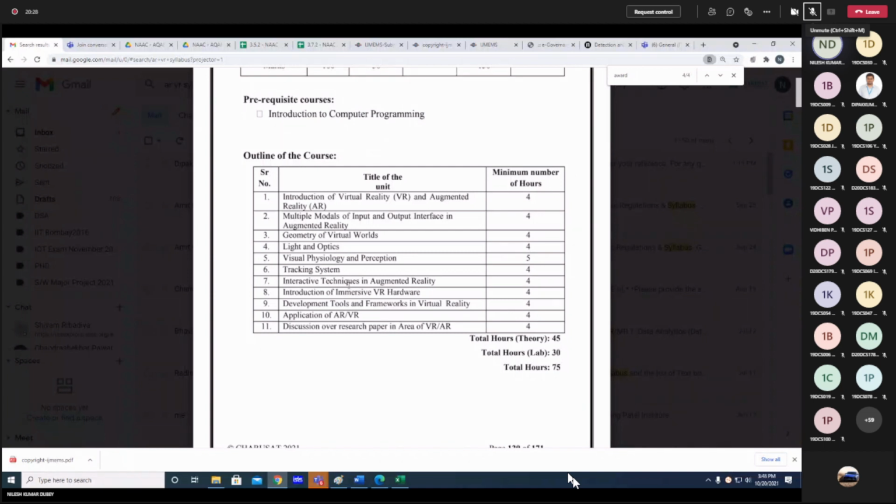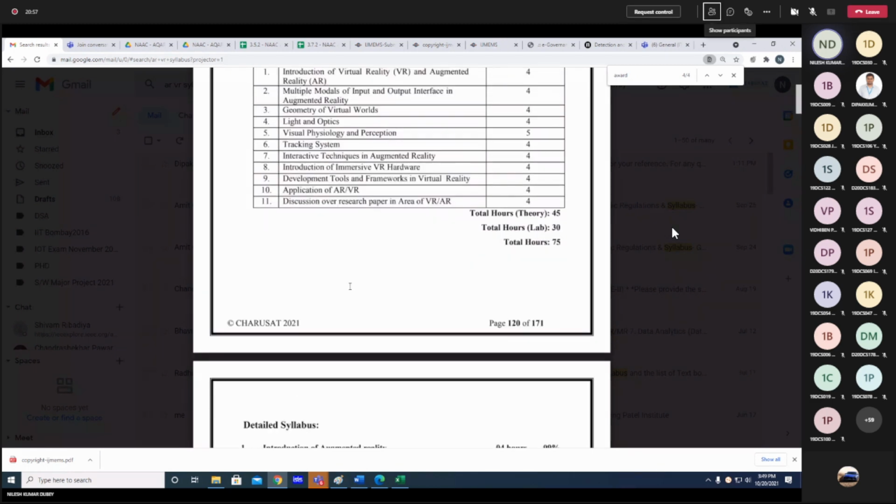The faculty who will be involved will try their best to deliver, because it is the latest trend, so they will also learn it enthusiastically and robustly. Students who know about the tools and subjects related to AR VR are also allowed, though it is not compulsory, to share their experience and knowledge with the faculty or with the other students. Okay, so if you want to ask anything, you can ask.